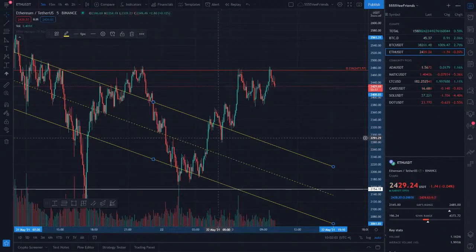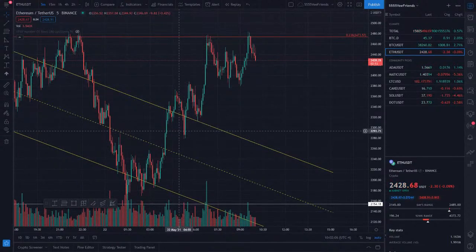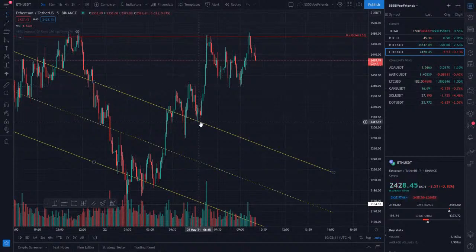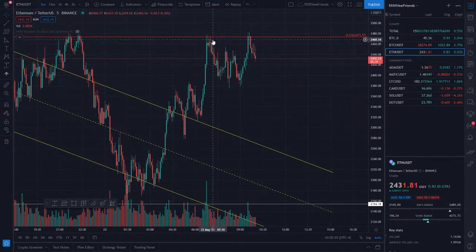But there was a clear area of support. Hops back over, taps off of here, runs up to the top, and now we did the little double tap. We did the little double tap action here. So